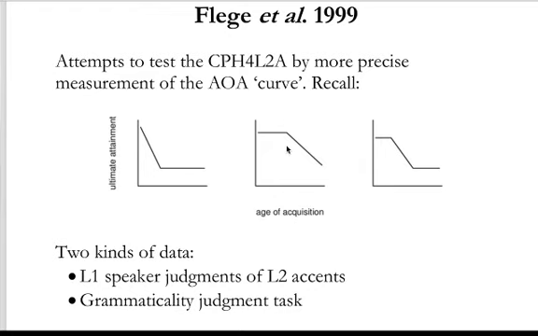So the sort of shortcut they're using here is a perceptual task. Well, how do you know if somebody's achieved native-like pronunciation, or how native-like their pronunciation is? Well, if native speakers think they sound like a native, then they've achieved native-like pronunciation. That's the idea here. And so they're going to look at native speaker judgments of L2 speakers' accents in addition to the standard grammaticality judgment task. And we'll talk a little bit about the difference between these two kinds of tasks in a moment. Before getting there, I should say,